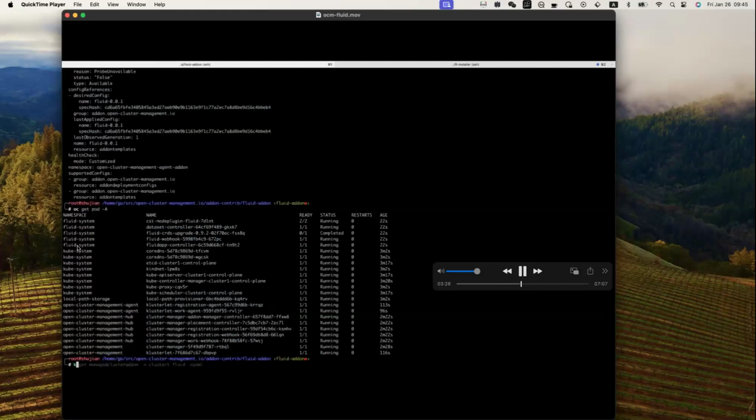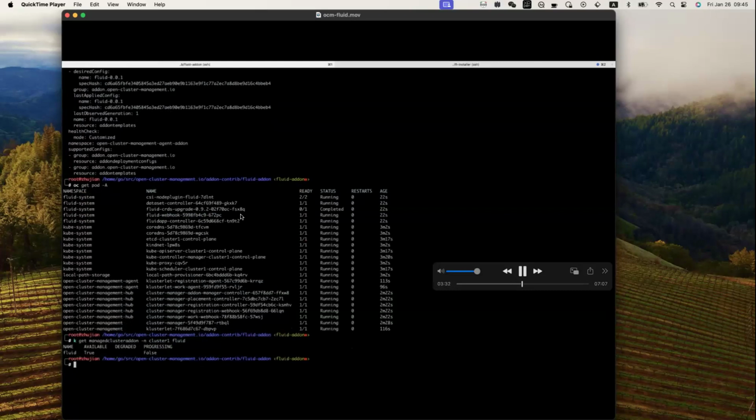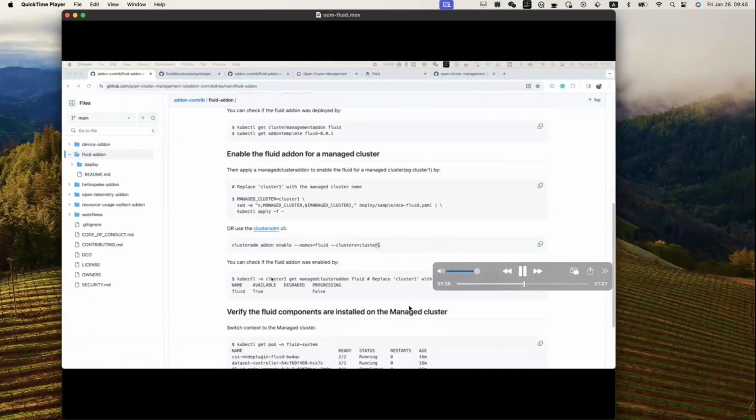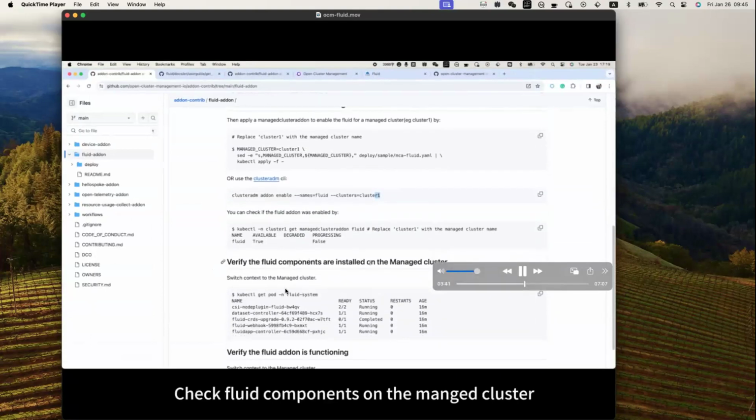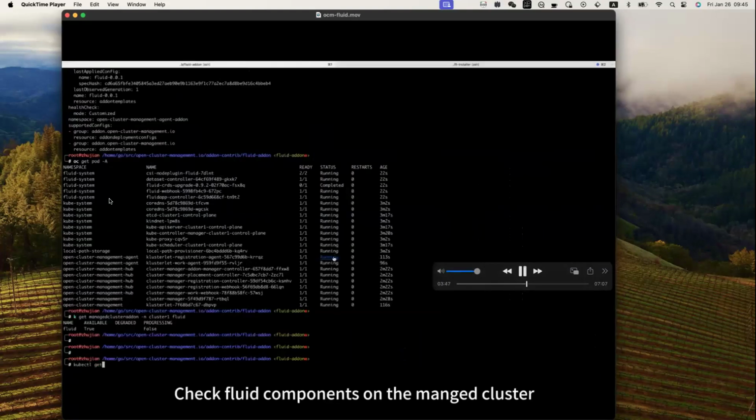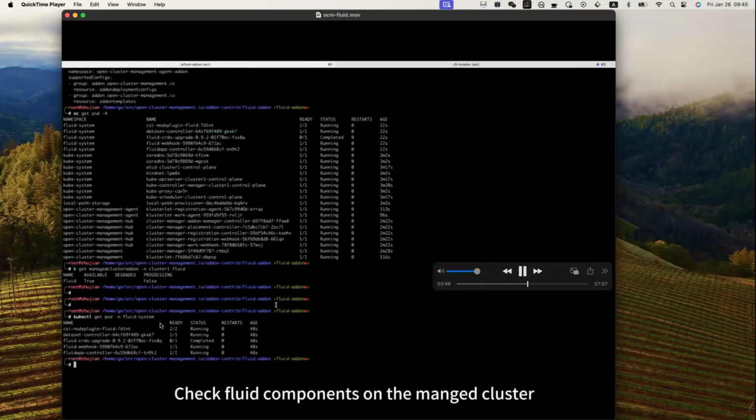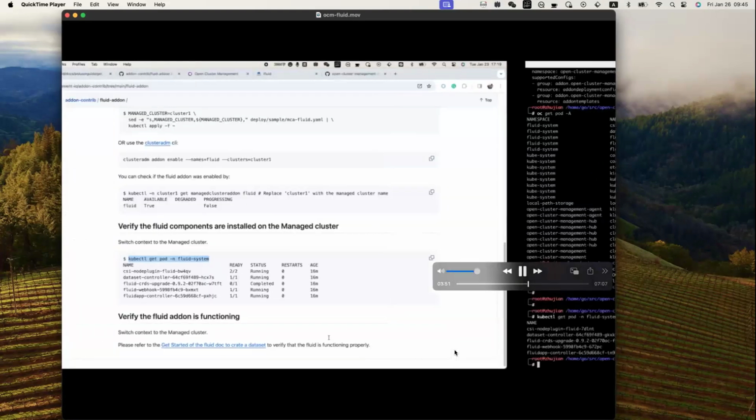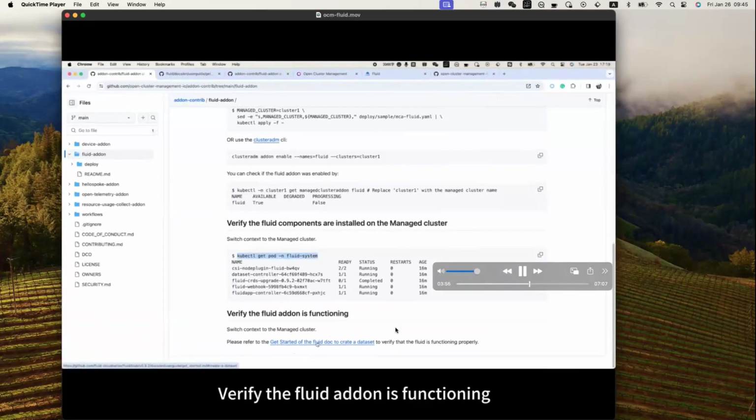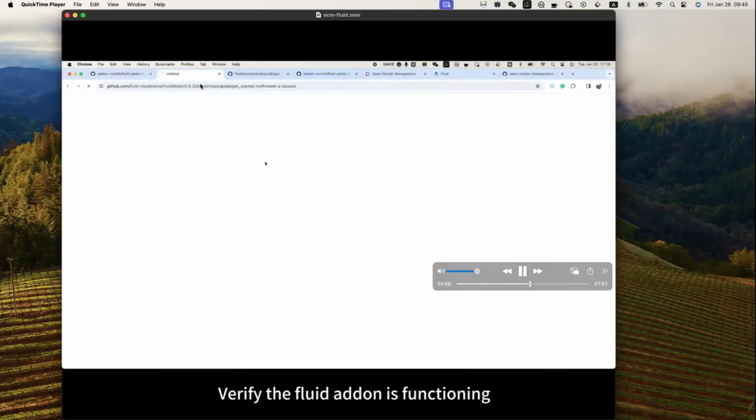So we can see the Fluid components were deployed on our KinD cluster, and the add-on status is available now. And next, we will verify the Fluid components installed in the fluid-system namespace of the managed cluster. Then we will verify the Fluid add-on is functioning using the Fluid